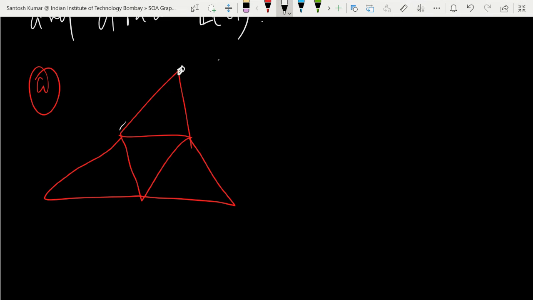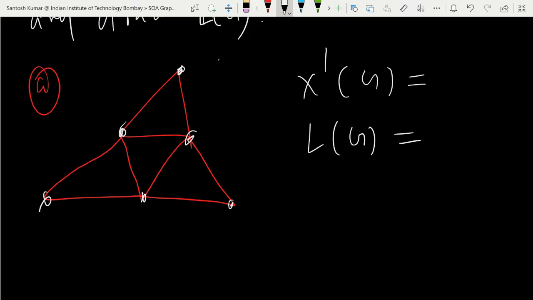So you have vertex 1, 2, 3, 4, 5, 6. Okay. So two things you have to find. Chi dash G is chromatic number. So you have to label the edges of the graph. And what is the line graph? So you have to find line graph also. So okay. So do you want to try? So please try and tell me what is the edge chromatic number. So you have to label the edges and find the minimum number of colors required, such that two incident edges will receive different colors.